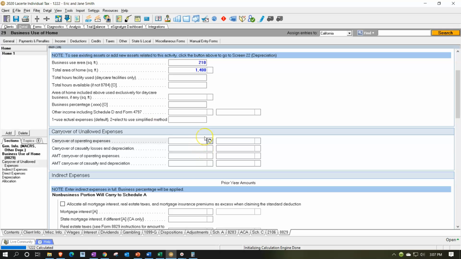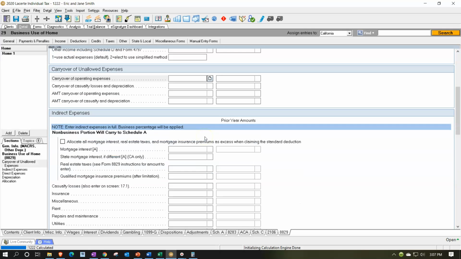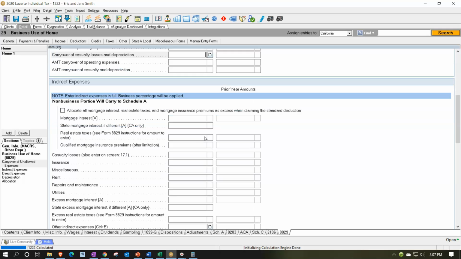And then we have carryovers. I'm not going to deal with any carryovers at this point from the prior period. And then we have our indirect expenses. So let's just go on down our indirect expenses. Now here's where it gets kind of tricky because this mortgage interest, we already entered that into the Schedule A. But the way the software works, and you just got to know how whatever software you're using works,